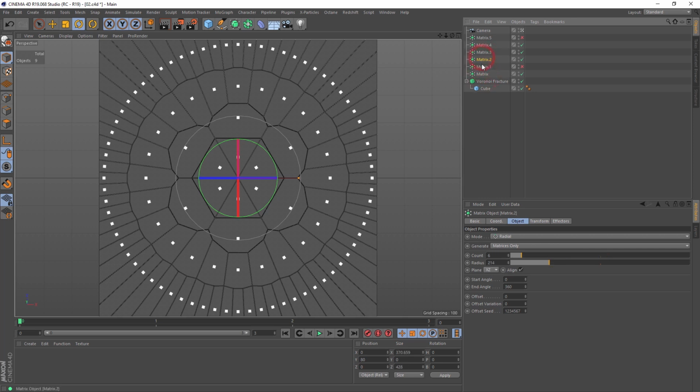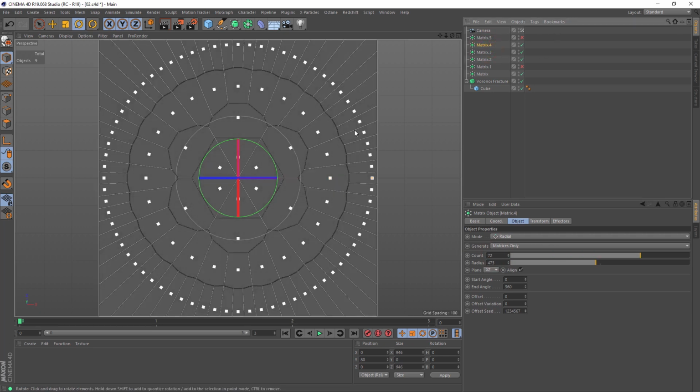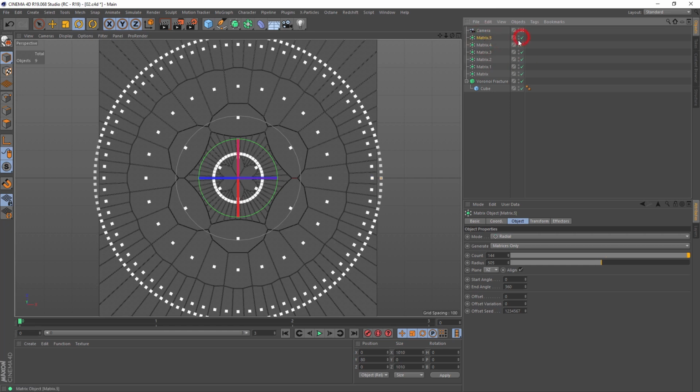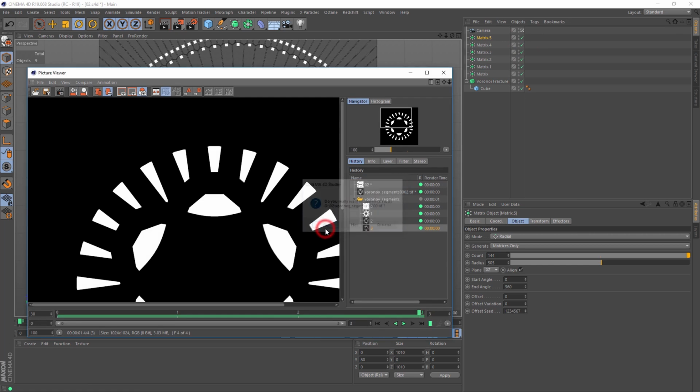So 6 and 6 multiplied by 8, 48. 6 multiplied by 4, 24. So we keep these straight lines here. And okay, re-render,